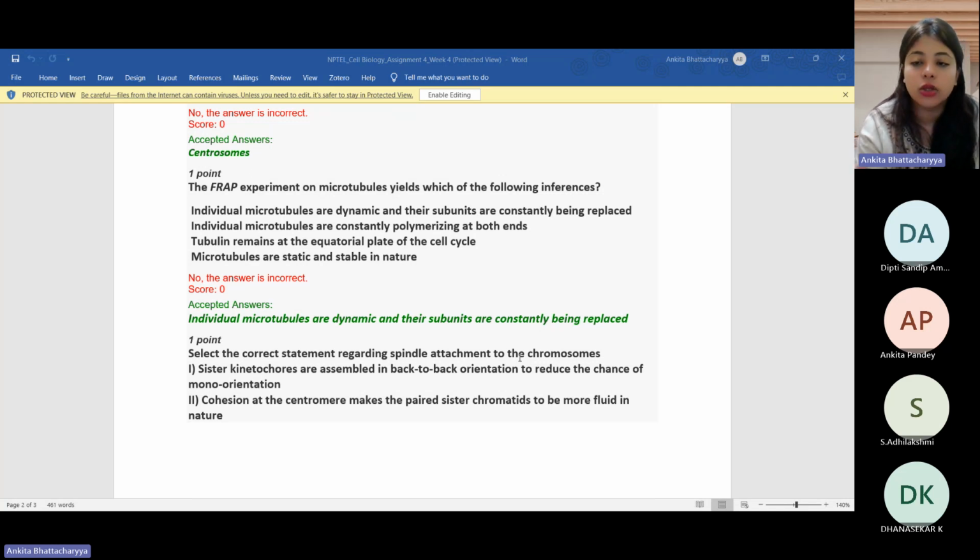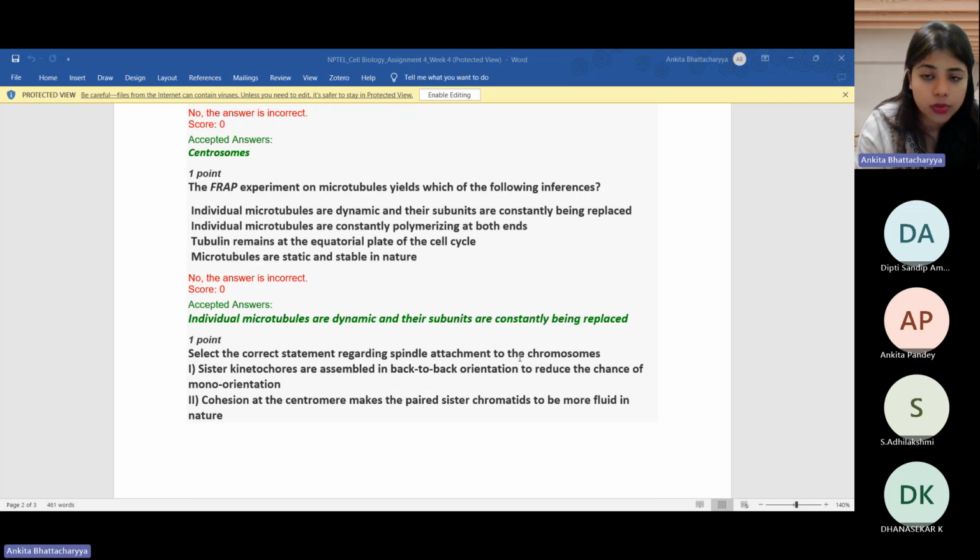to shine a laser on one particular region of a cell, so that whenever the laser is incident upon fluorophores in that region for a certain duration, it causes photobleaching, which means that these fluorophores will not be able to fluoresce again. They have been bleached. So after photobleaching, if there is recovery of fluorescence, it means that there has been